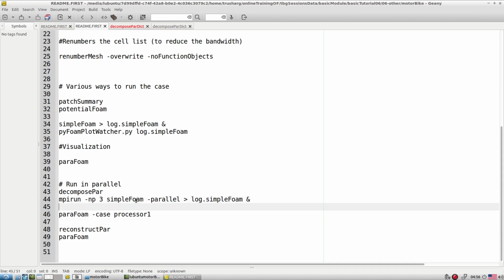So don't forget this line, and then we are diverting the output into the log file. Okay, and this is nothing but to look at the post processing at a processor level. If you want to do the post processing on the entire domain, then type reconstructPar and then paraFoam. So this is how one can look at any case that is running in the parallel computing environment.